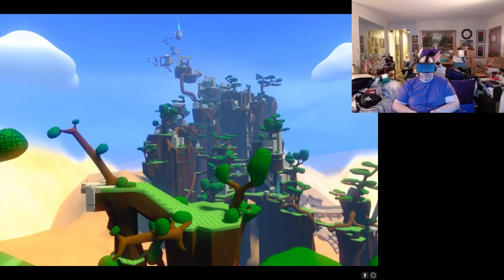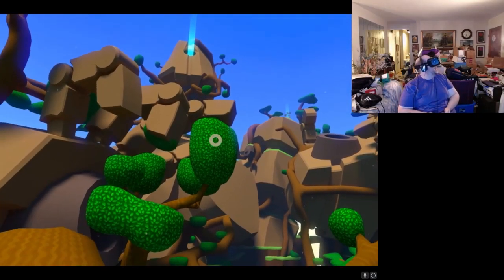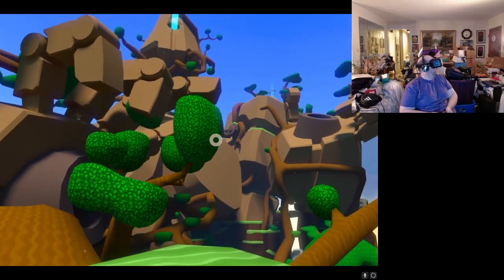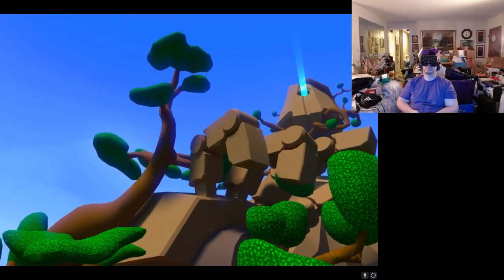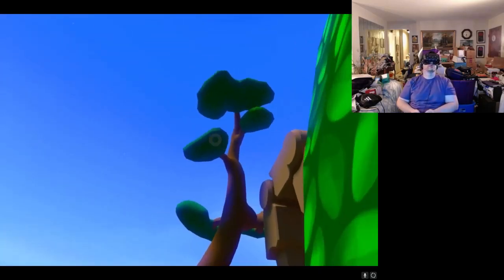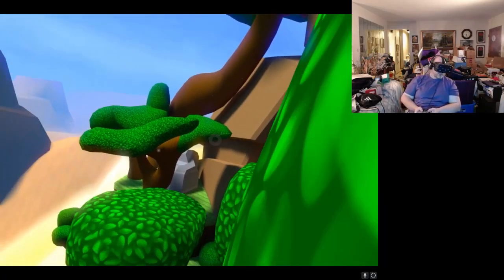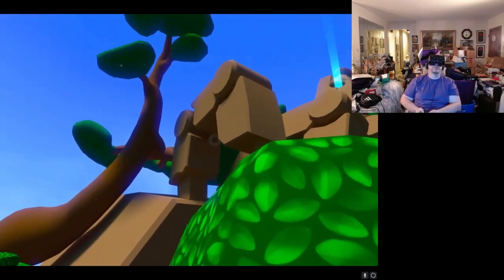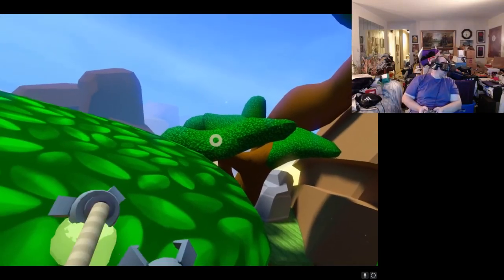Admire the view for a moment. I mean, look at this. I feel like I need to head up to the glowy orbs over there. Under the height requirements there for those. What's the